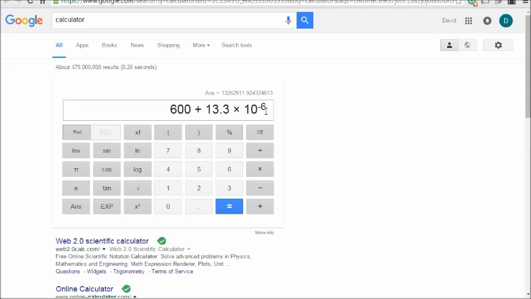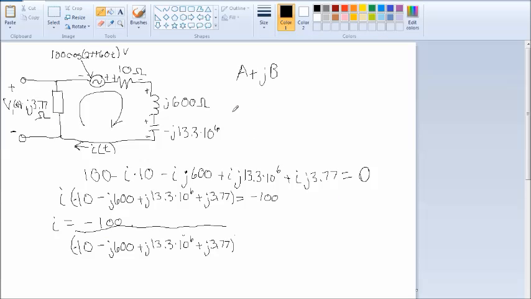So basically, it looks to me like this 13.3 times 10 to the negative 6 factor is not going to matter much at all. So we could have just ignored it. We don't want to carry out to that many figures, so I'm just going to call this 603.77. So this is equal to negative 100 divided by negative 10